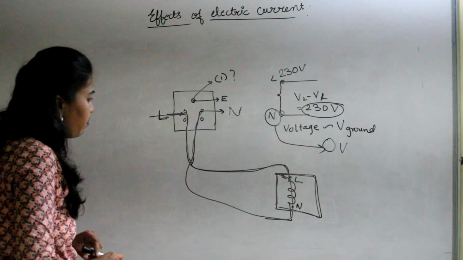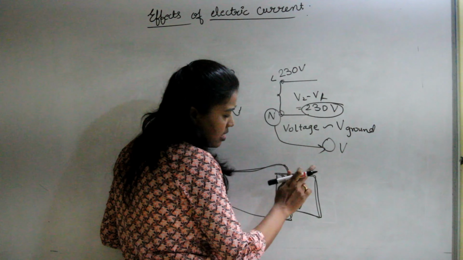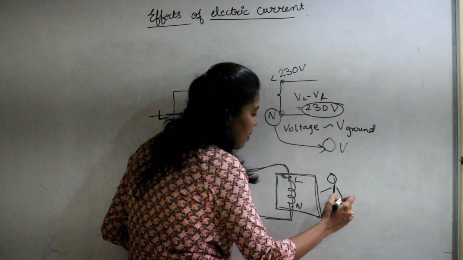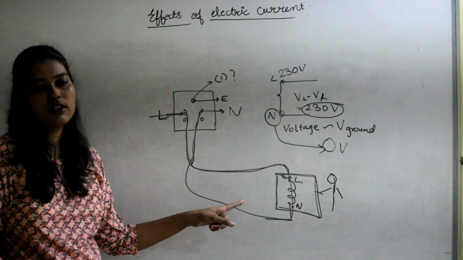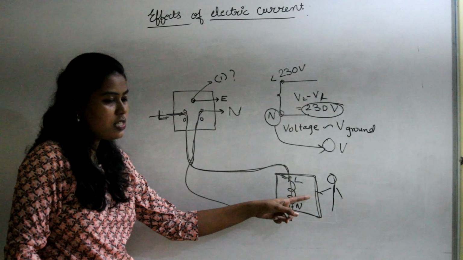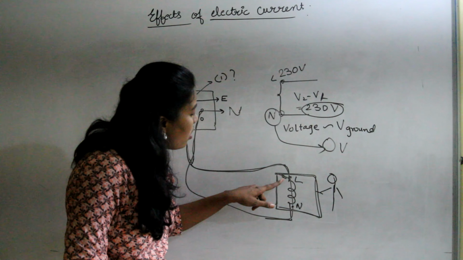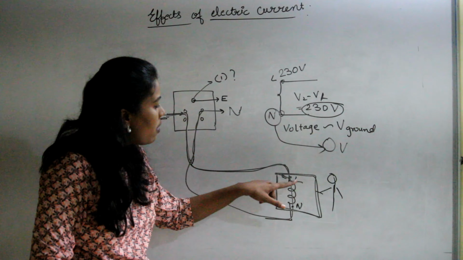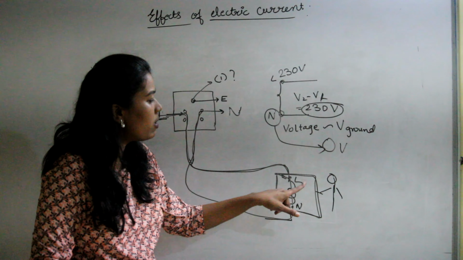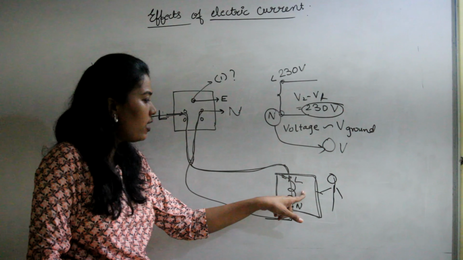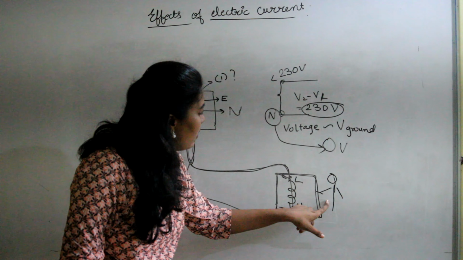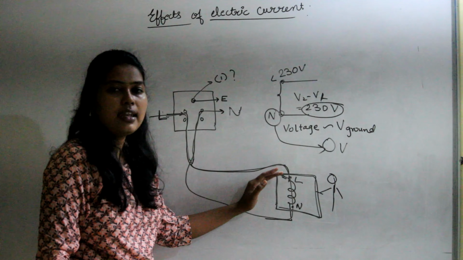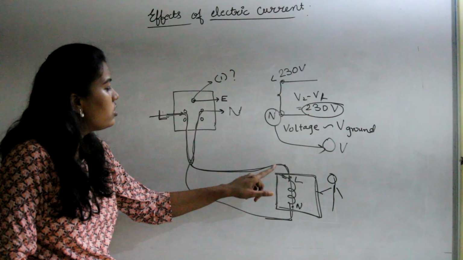So if this condition arises and anyone is in direct contact with this apparatus, he will experience an electric shock. Why? Because the insulation of this wire is damaged and it is coming in direct contact with this casing, and metal is a good conductor of electricity, right? So he or she will get a shock, because this metal casing is carrying electric current, as its insulation is damaged.